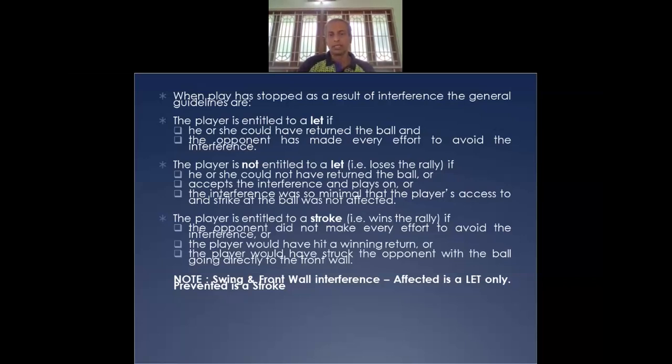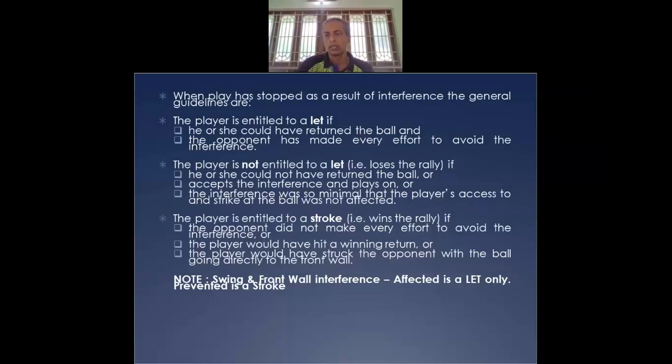Swing and front wall interference. The important thing we noticed in interference is that the key words are affected and prevented. If the interference has affected your freedom to play to the front wall or your freedom of swing, then it is a let. If the interference has prevented you from playing the ball to the front wall,